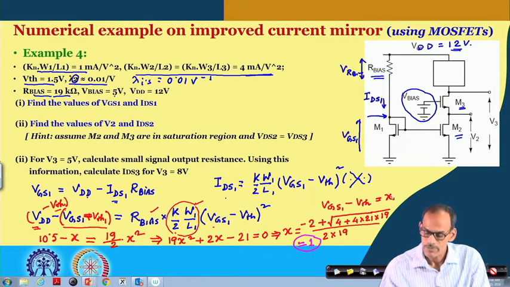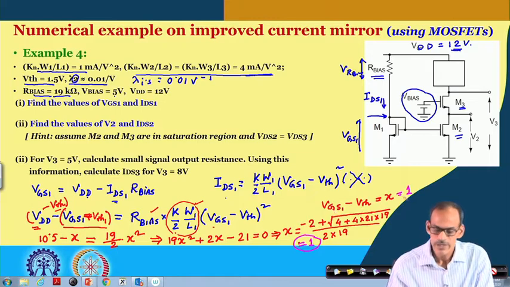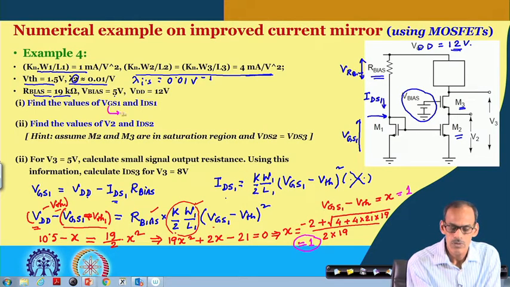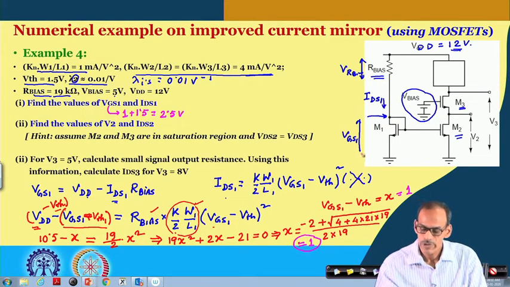So, that means this is equal to 1. That gives us VGS1 equals VTH plus 1. So, this is equal to 1 plus VTH, which is 1.5, so that is equal to 2.5. So, we got the voltage here, it is 2.5,